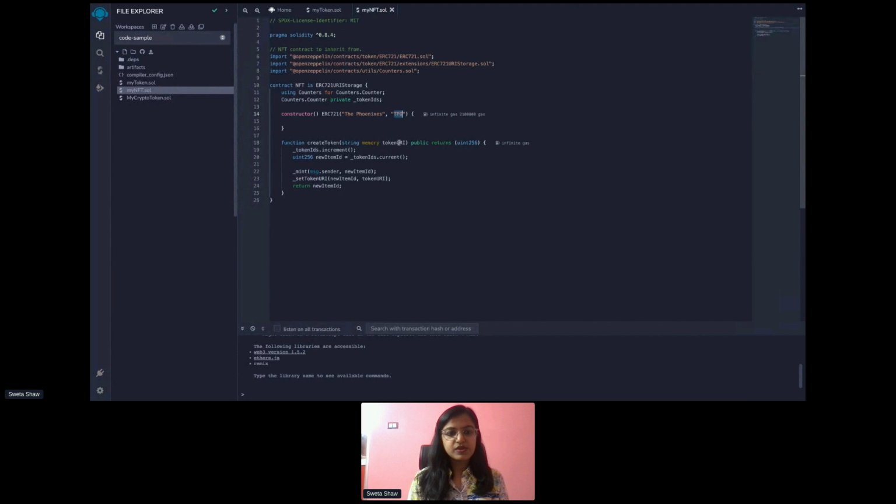This function is called createToken. It accepts a token URI. Token URI is basically the details of the NFT, so everything that you want your token to have. For example, if we go to